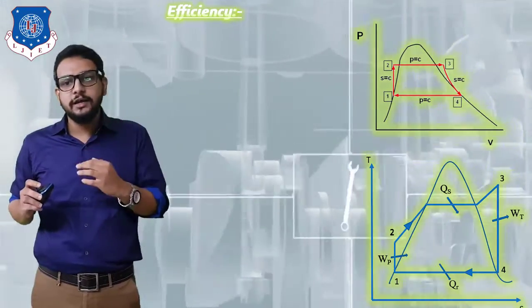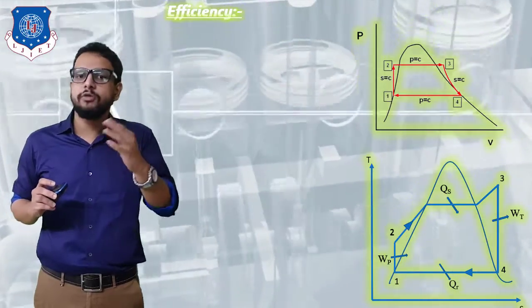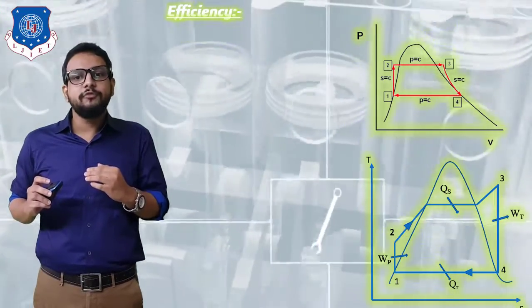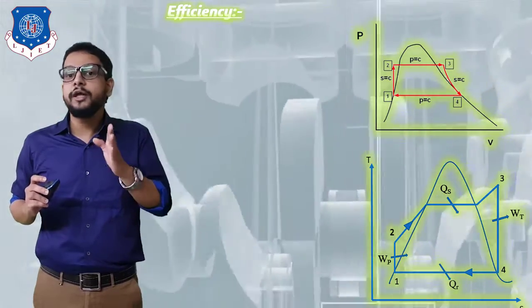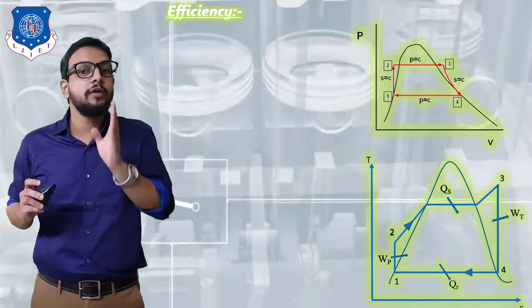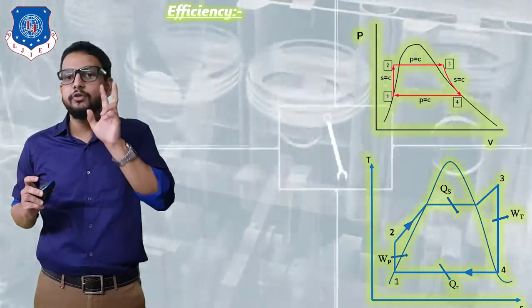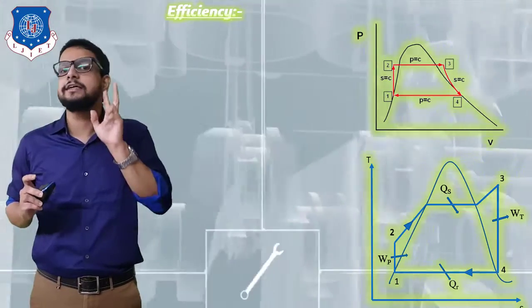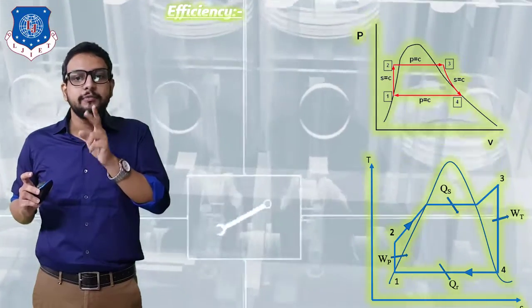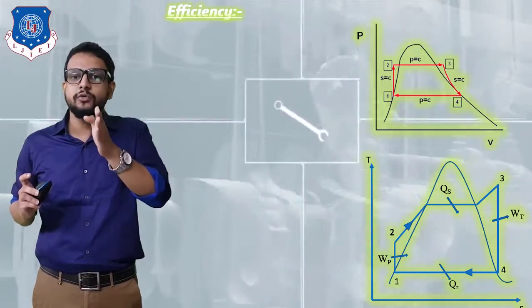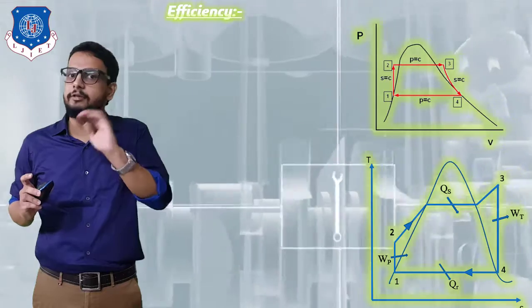Okay, so starting again from our point number 1, that is the inlet to a pump. Now what is going to be the effect on entropy? There will be no heat transfer from the system to the surroundings in a pump. Remember there are two components, one is a pump and the second is a turbine, in which there will be no heat transfer, which means that from state 1 to state 2, that is the pump process, there will be no heat transfer.